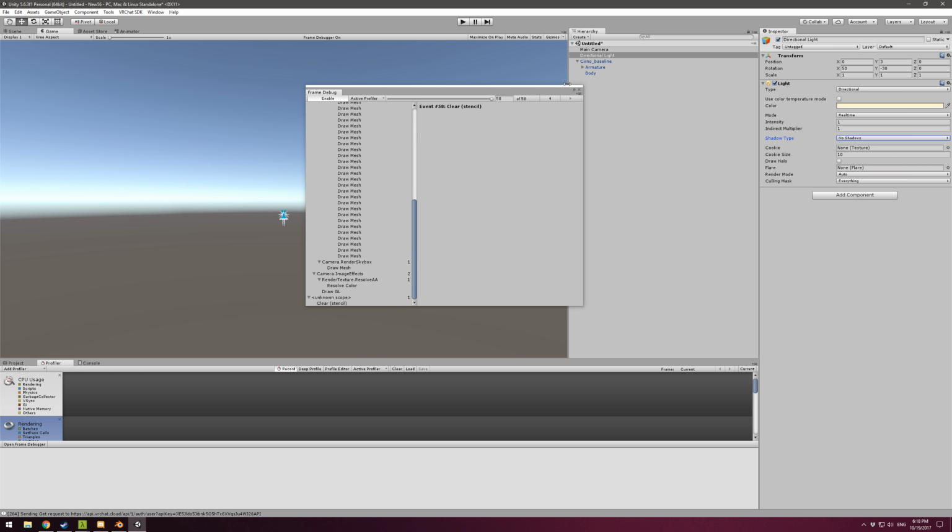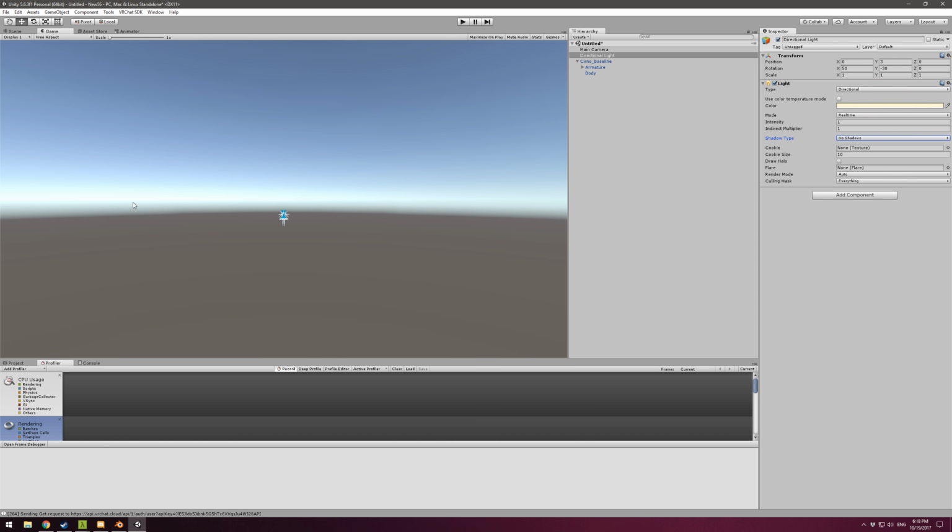Yeah, 258 versus 221. So if you have a lot of real-time lights, and that's just from one dynamic light or one directional light with shadows on soft with real-time. So you can see that that causes quite a few issues, or it could kind of propagate issues with bad models. So I've given you basically what draw calls are, what causes them, why they're bad, and why it's important